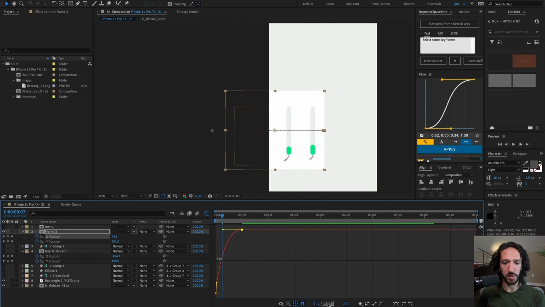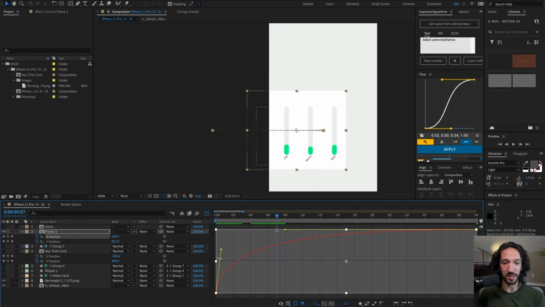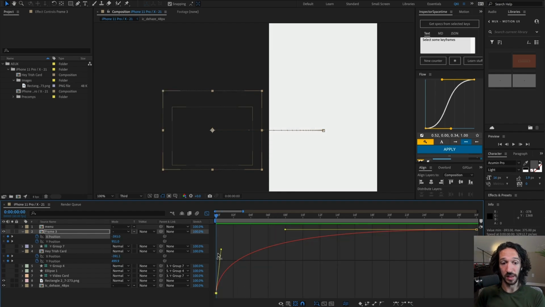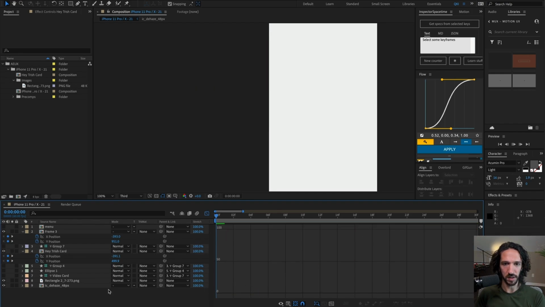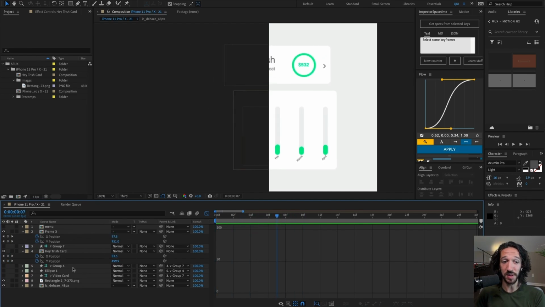In order to get a better representation of that, I'm actually gonna select this, which will fit the entire graph to my view. Now I have the ability to manipulate this entire easing just the same way I did inside of Figma. So you can see it feels a little bit aggressive, so I can move these a little bit like this, and that feels really, really nice. And so I can then go into the Hey Trish card and I can do the exact same thing. So let's see what this looks like. All right, and you can see they're coming in at slightly different rates,